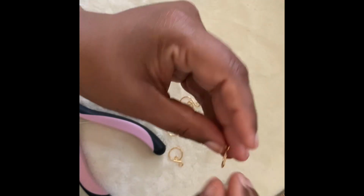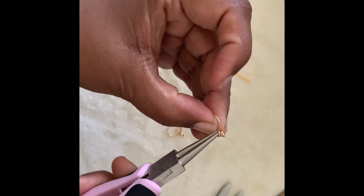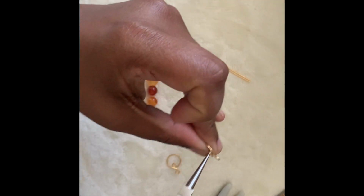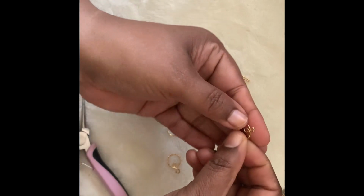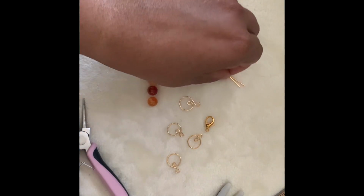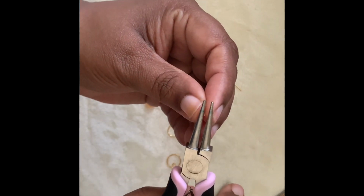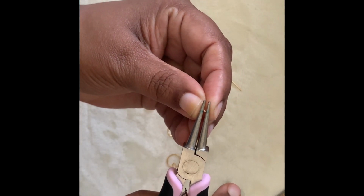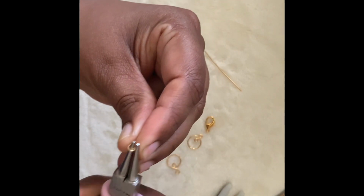Take it outside and then just kind of bend it into the loop. That way you have it. And one more, sorry, this is one way that you can do it. The other way I'm going to explain is making the Q first,